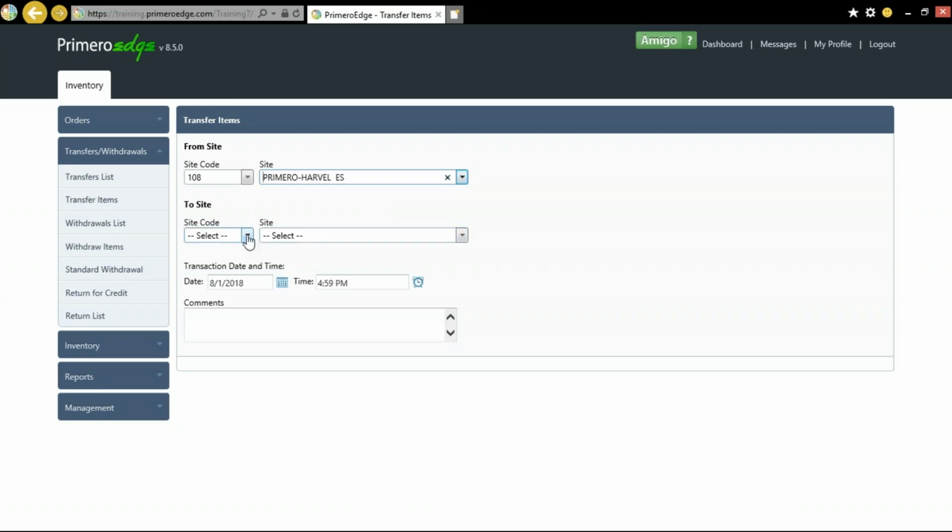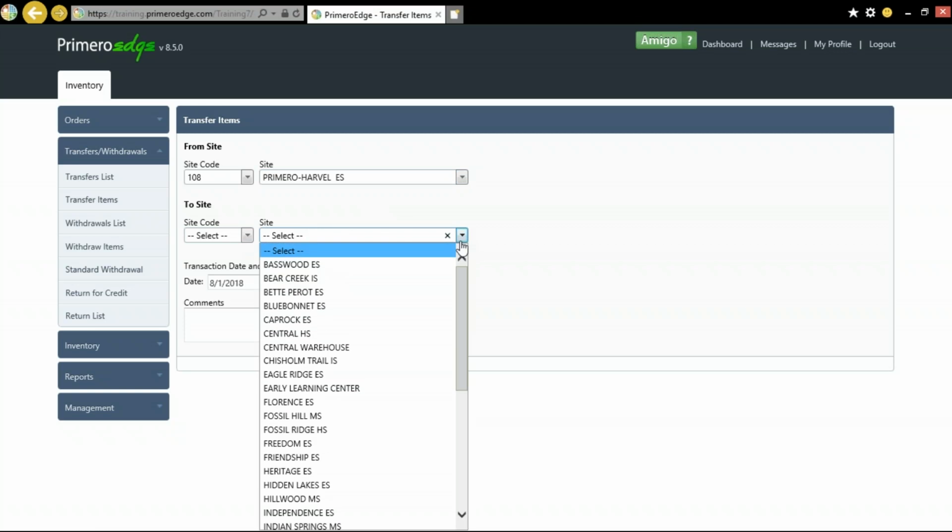I can select the site by site code or by site name, and the sites will be listed in the drop-down menu in alphabetical order. I will select the Freedom Elementary School,